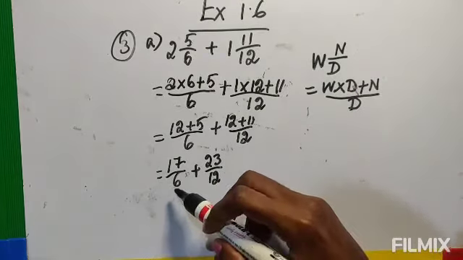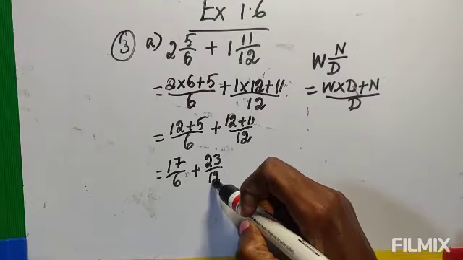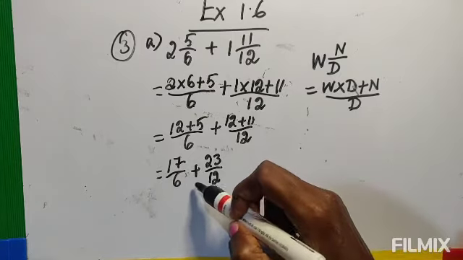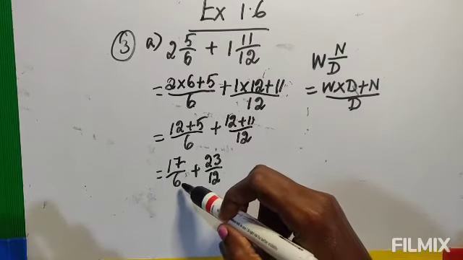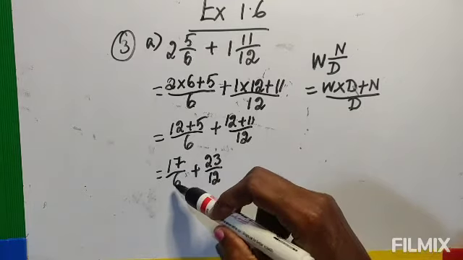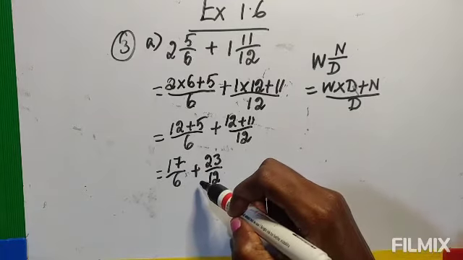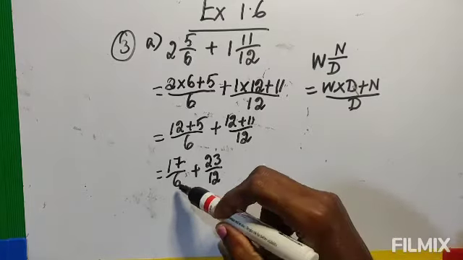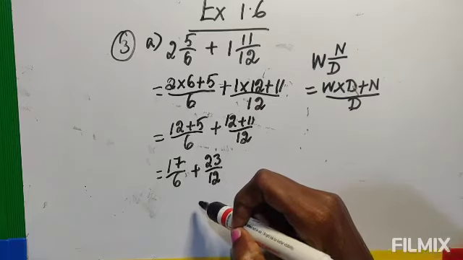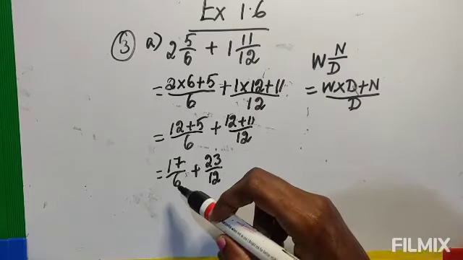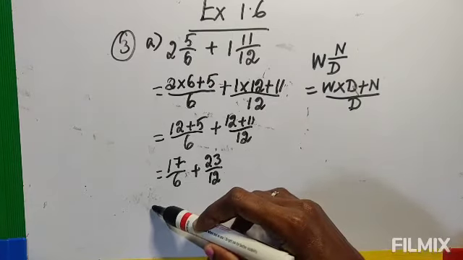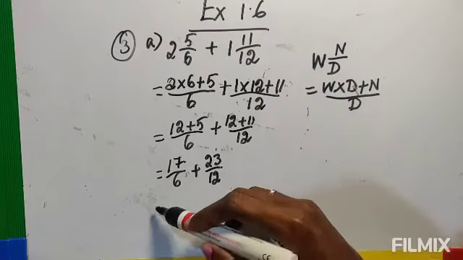Now you see here the denominators are different, so you cannot add directly. You can add only when the denominator is the same, if it is a like fraction. Like fraction means the denominator will be the same, then only you can add the numerators. But here it is an unlike fraction. Unlike fractions means the denominators are different. In that case you have to convert them into like fractions, and only after converting can you add. To convert them into like fractions you have to change them into the same denominator.